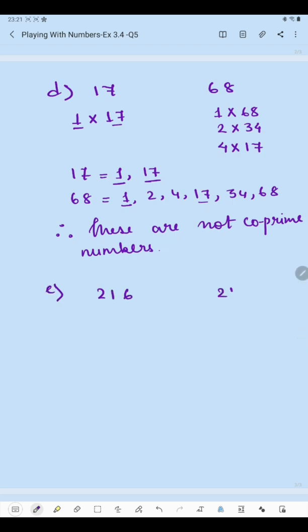So we'll find the factors of 216. At first we'll take 1. So 216 ones are 216. Then we'll take 2. 2 ones are 2, 0. 2 eights are 16. Okay. Now we can take 3. 3 sevens are 21, 3 twos are 6. So 72 threes are 216.